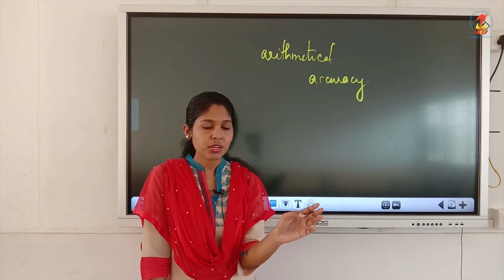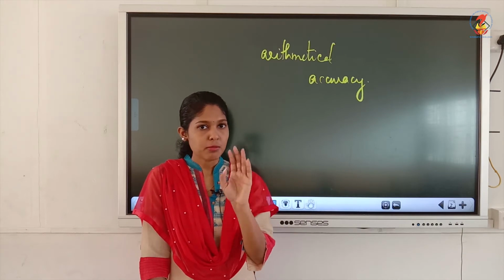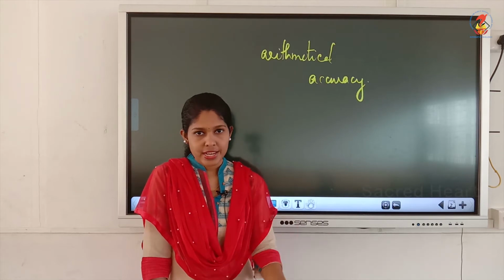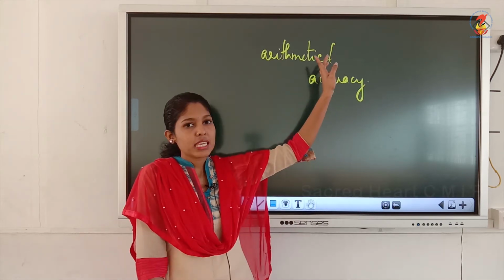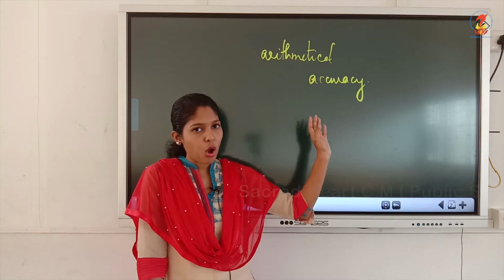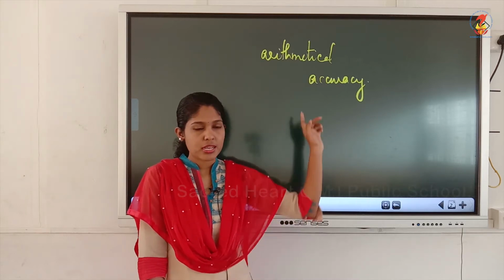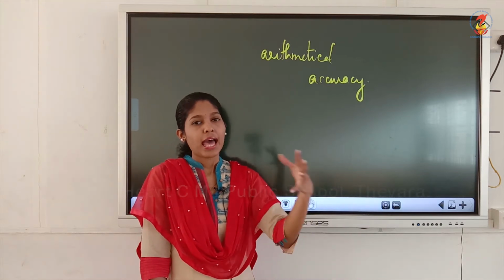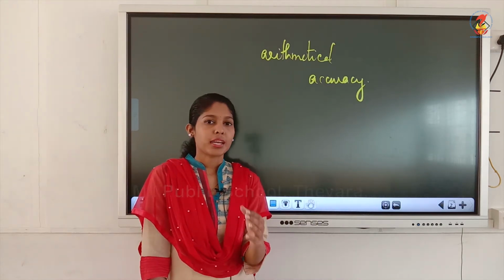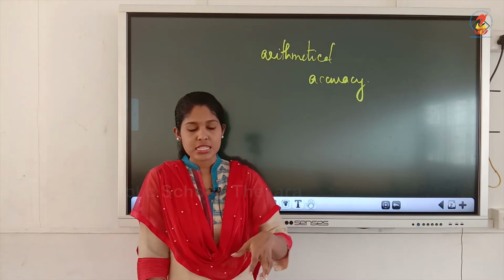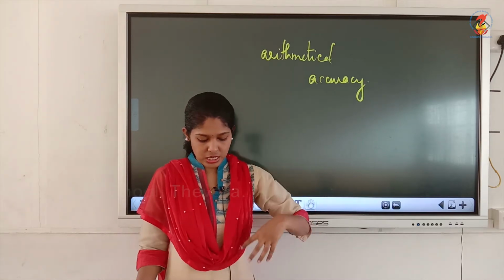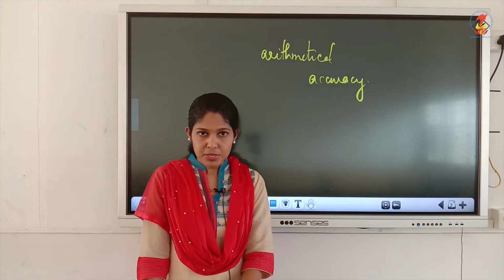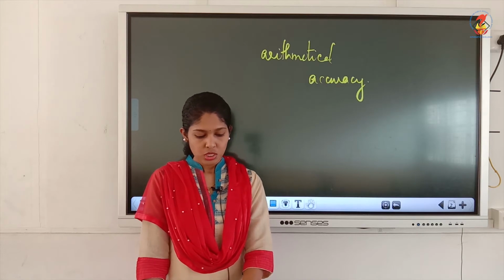So what's the meaning you can write? Trial balance is a statement prepared with the debit and credit balances of ledger accounts to check the arithmetical accuracy of the books of accounts. Arithmetical accuracy means whether the journal entries made in journal and the ledger accounts prepared are correct or not. That's the very first sentence given in that chapter. So you can take it down as the meaning of trial balance. It's a very simple chapter, very small chapter also.